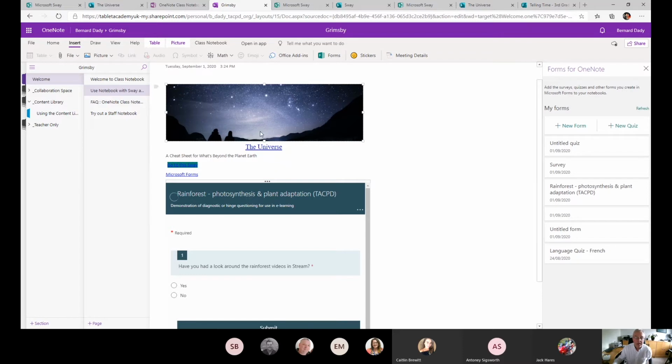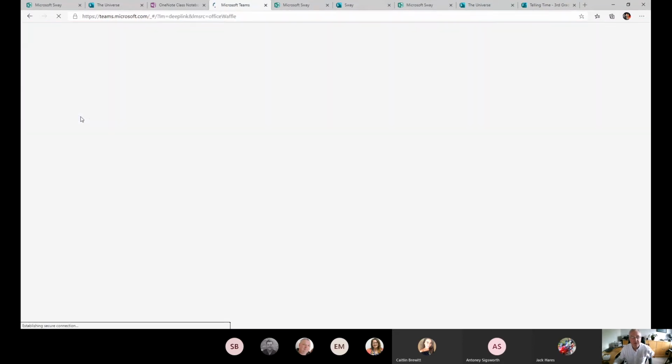So to embed these, all I did was within Sway get a visual link for Sway and then paste it onto the page. And using the insert menu here, you can see that you can insert forms, and when you click that, it brings up this side dialog down here. So any forms that you've already created will appear here and you can add them in. Alternatively, if you want to work fresh within the notebook, then you can click new form or new quiz. What I want to do is just show you that working in Teams